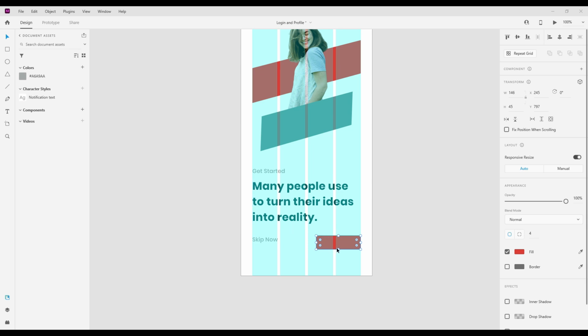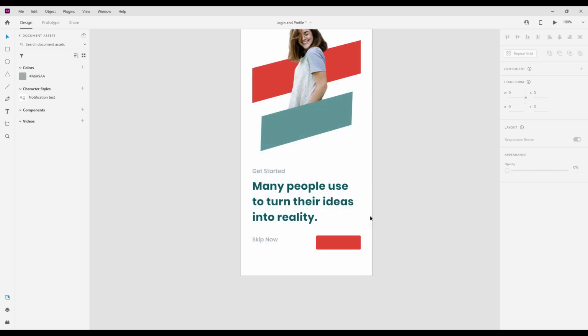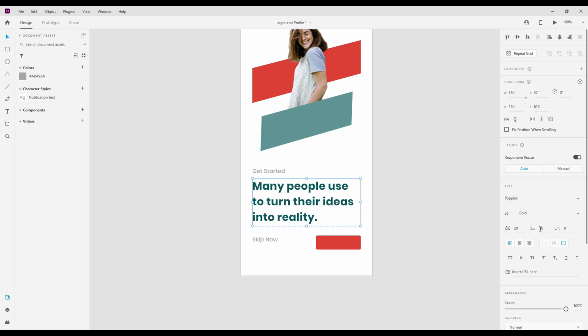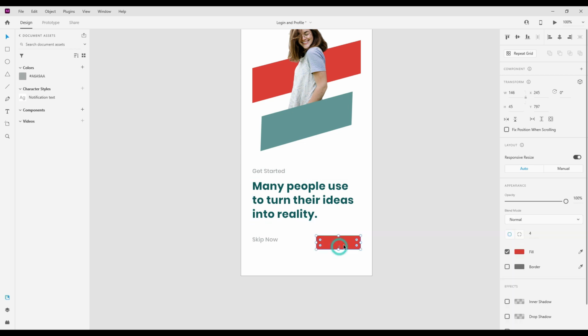The button we maybe need to adjust as a little button in there. So we need to fix our rounded corners and button size, and we must follow the